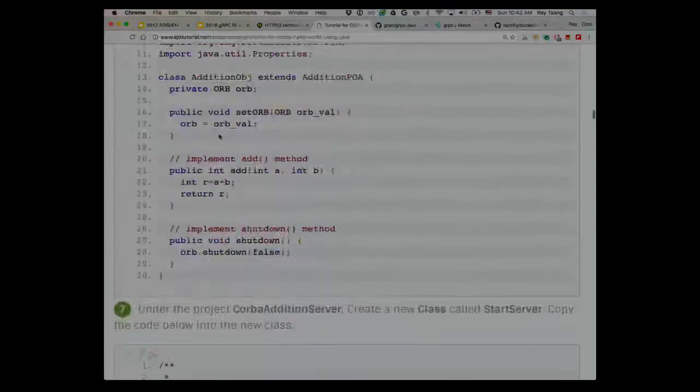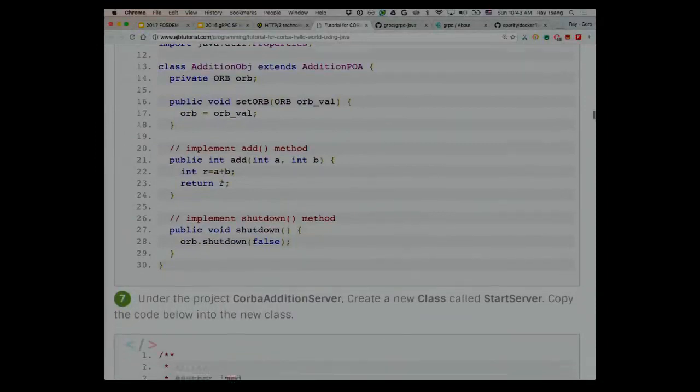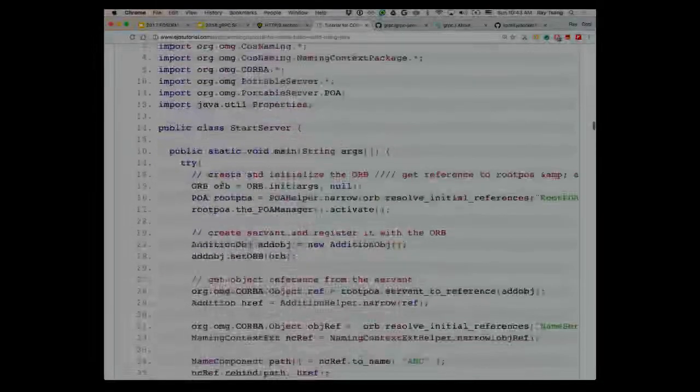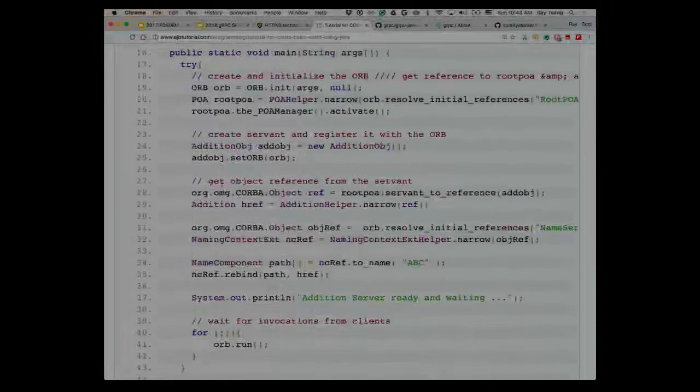Then you generate the code. This is a tutorial for CORBA, right? You generate code, you have the stuff, and then you implement the operation. That's pretty straightforward too, not bad. It's just one method. And then what got me is when you want to implement the server. Just to add 2 integers together, this is what you have to go through to start the server, which I just got completely lost.